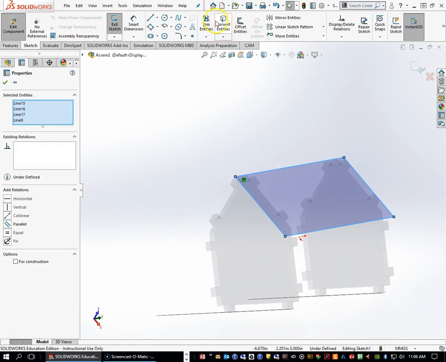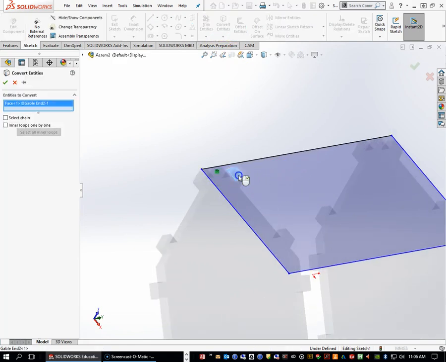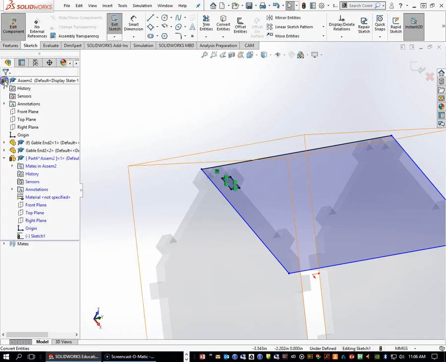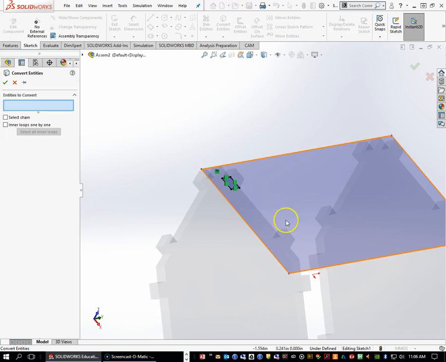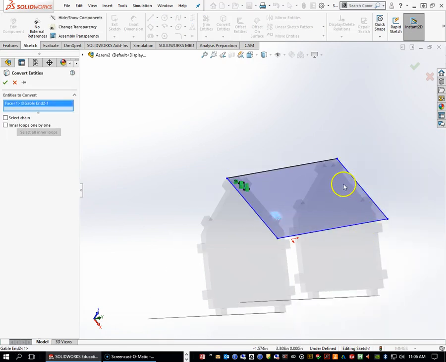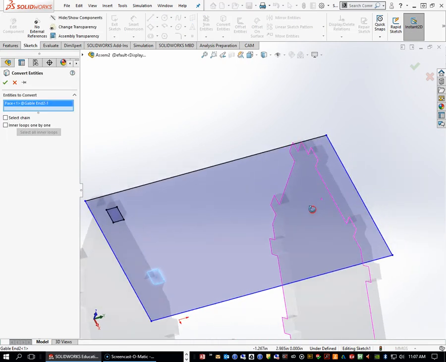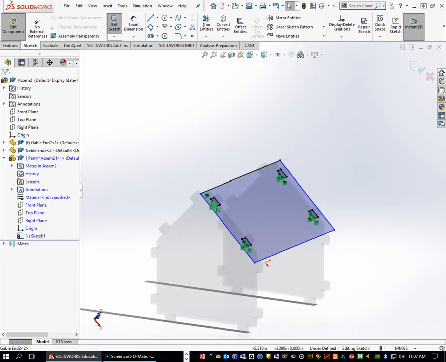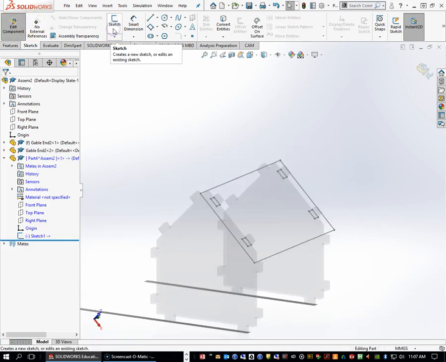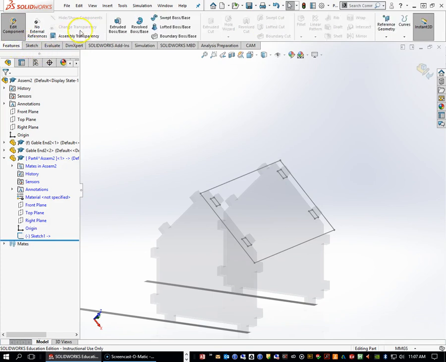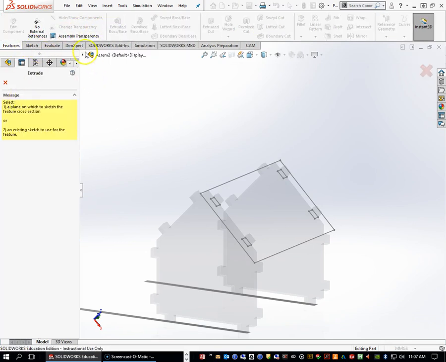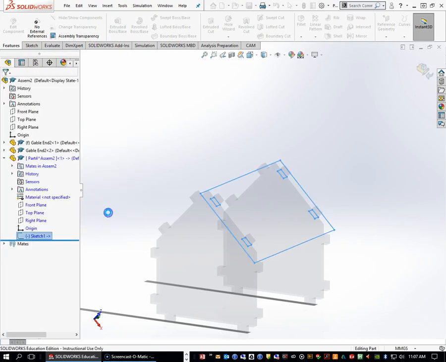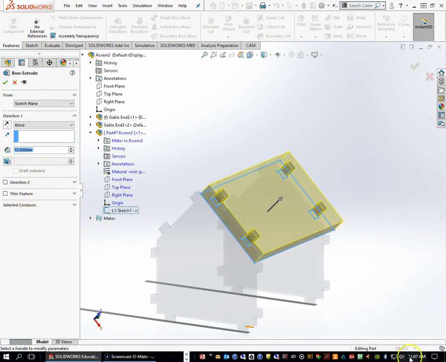So I'm going to go to Convert Entities and let me do the face. Yeah. All right, so Convert Entities again. I'm going to select these other faces. Hit OK. And now I'm just going to exit the sketch, go to Features, Extruded Boss, select that sketch that we've been working on, and make it,